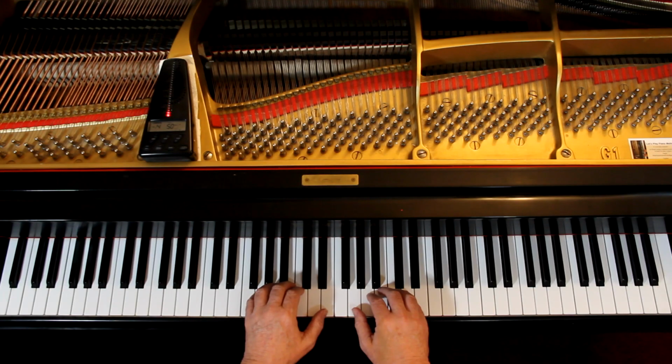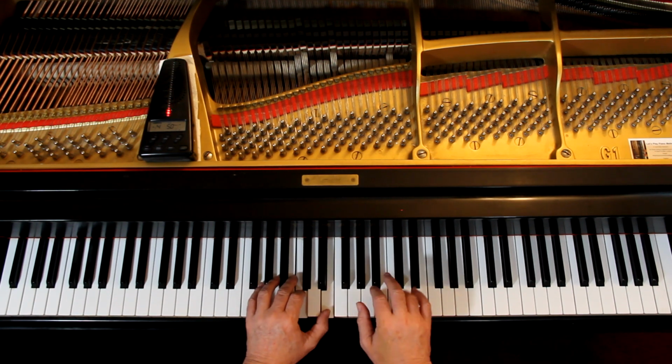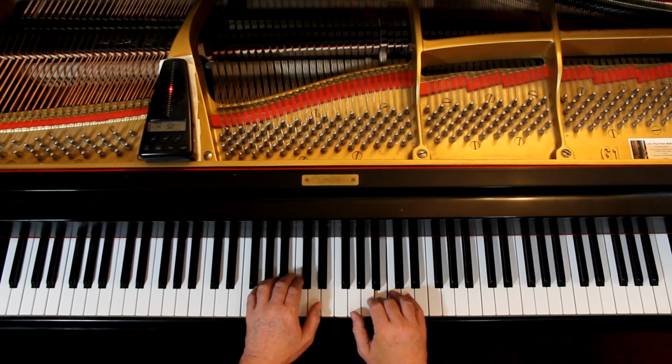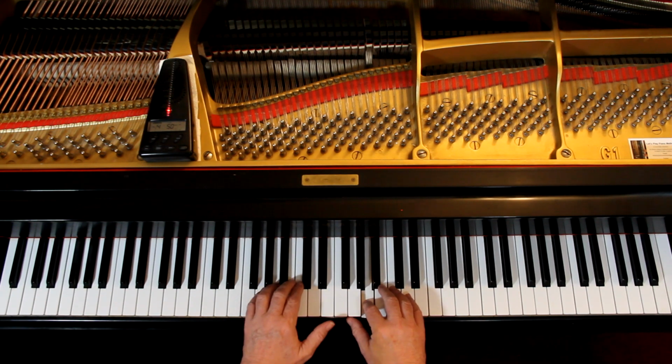I'd like to play it with you very slowly to double check the notes and the rhythms. Not going to do the dynamics. I'll give us 4 counts. Let's just go to do it very slowly together. 1 and 2 and ready and go, and 1 and 1 and 2 and 3 and 4 and 1 and